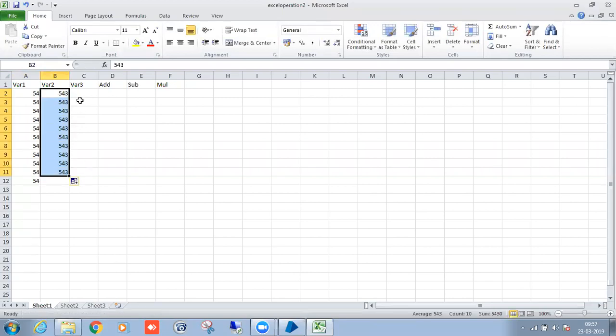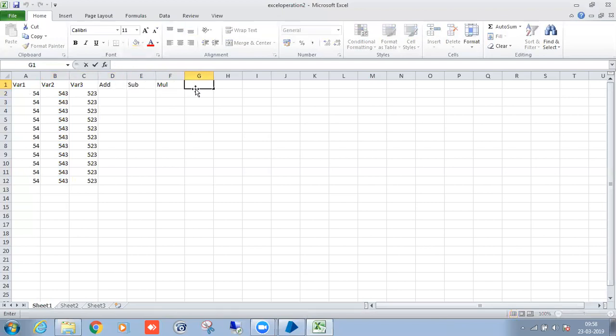Where is the data? So these are the fields: variable 1, variable 2, variable 3, addition, subtraction, multiplication, and there is one more field called exception sequence.